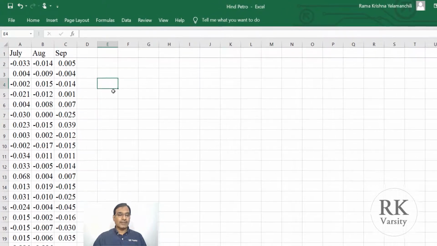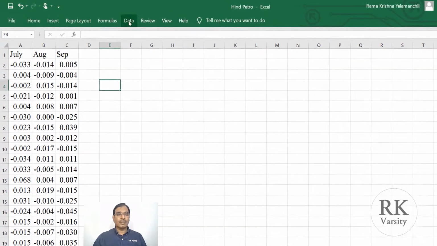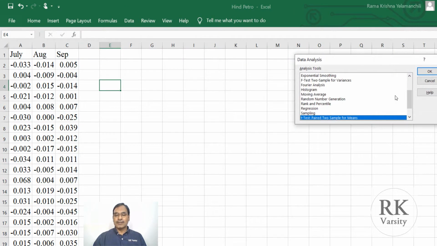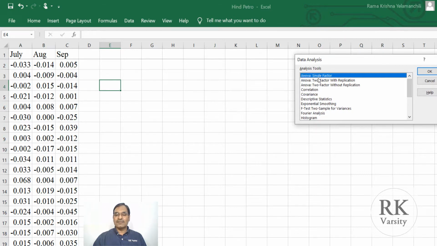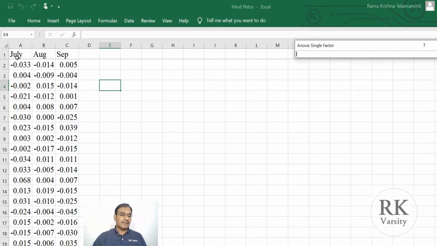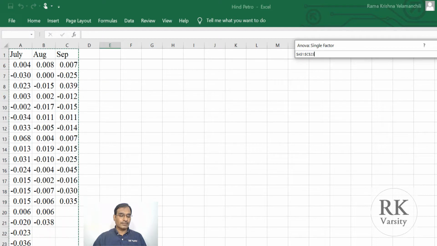So to calculate our analysis of variance, click on Data, then Data Analysis. Now here go to ANOVA: Single Factor, then click OK, and it prompts you to give the input range. To give your input range, click on the up arrow, then select all the 3 months together and see that complete data is selected.